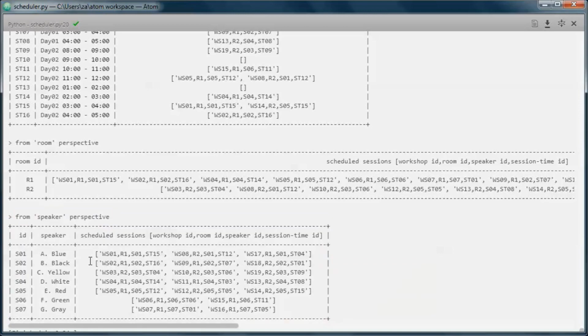So speaker 01 has those 3 workshops during session time 15, 12, and 04, etc.